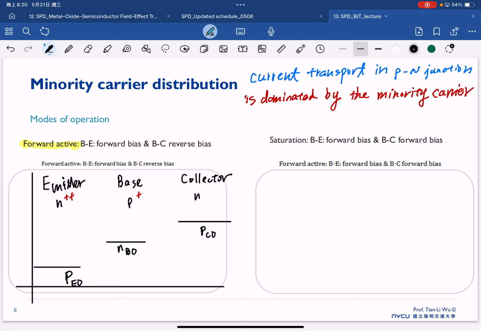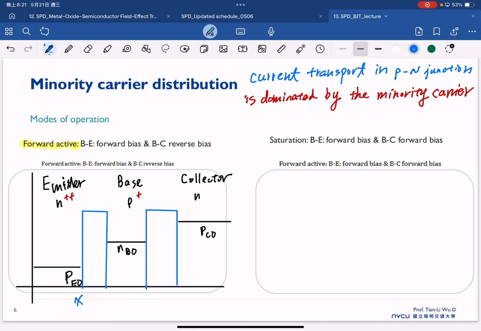And then in between, because this is a BE junction and this is a BC junction, we also have to take into account the depletion region. So we will have the space charge region in between. So this is our space charge region between the base and emitter, and between the base and collector. And now we can also define several different coordinates. The coordinate of the